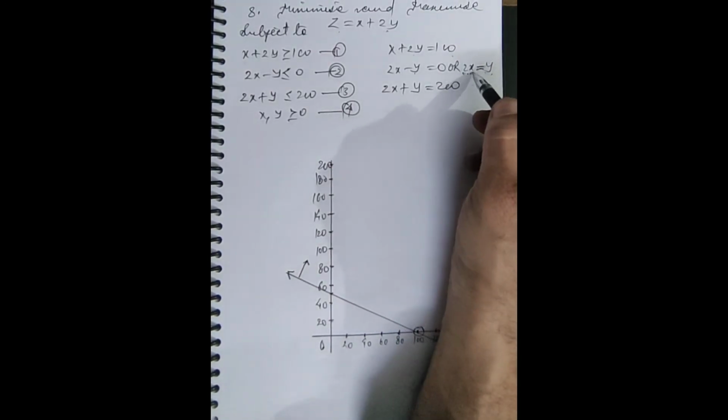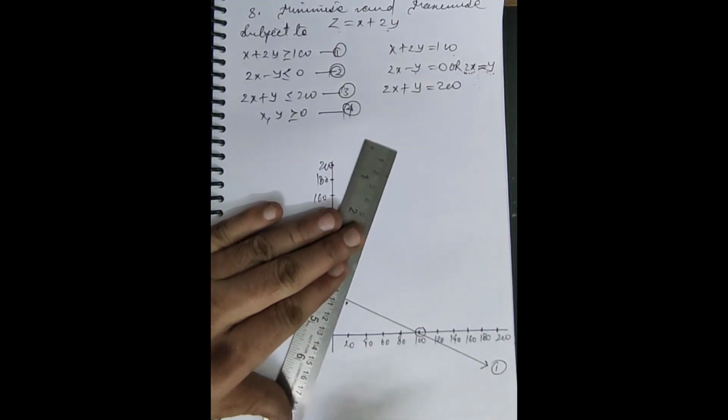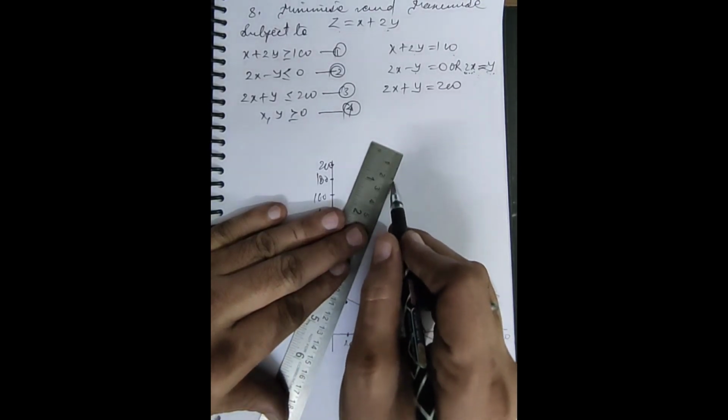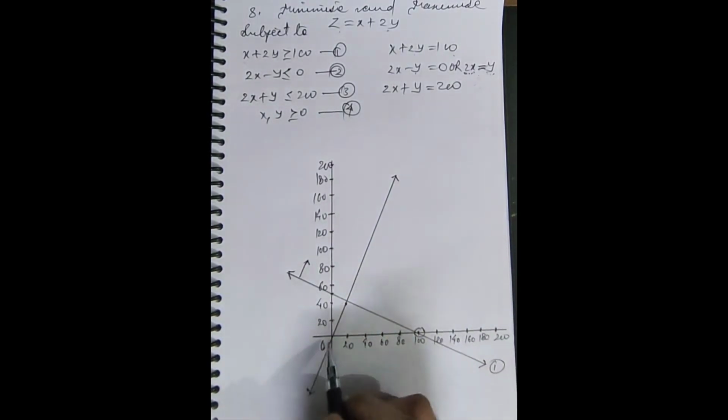So we can take any point here. If I take x equal to 20, y equal to 40, this point will be somewhere here. So the line passes through origin and this one point. For plotting we have done. Otherwise locating that point is not a must. Now as it is passing through origin, for sure we cannot take origin as reference for shading.